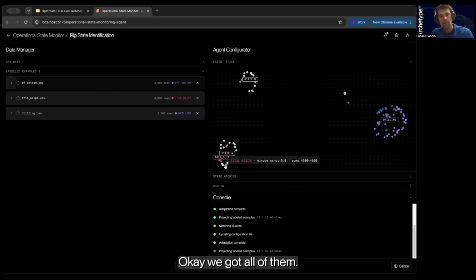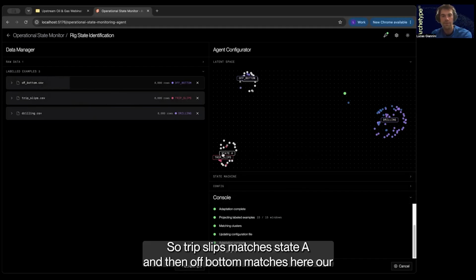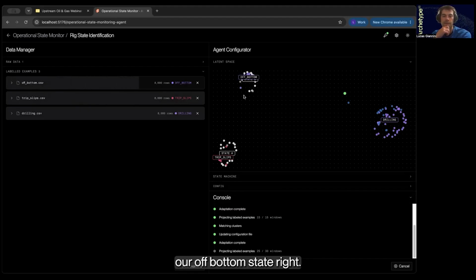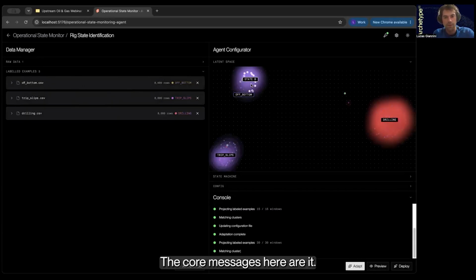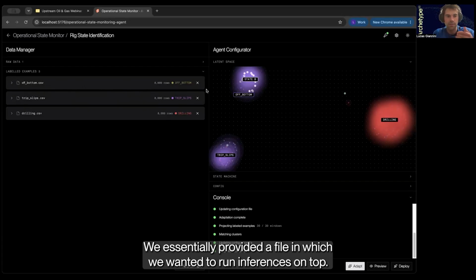Okay, we got all of them. So trip slips matches state A, and then off bottom matches here our off bottom state, right? So I think this is basically what we wanted to cover. The core messages here are we essentially provided a file on which we wanted to run inferences.